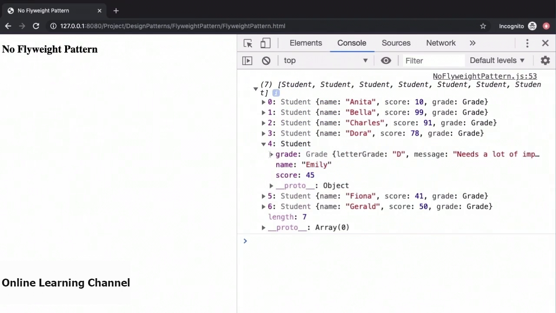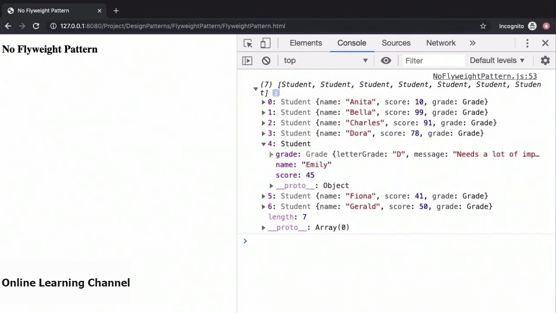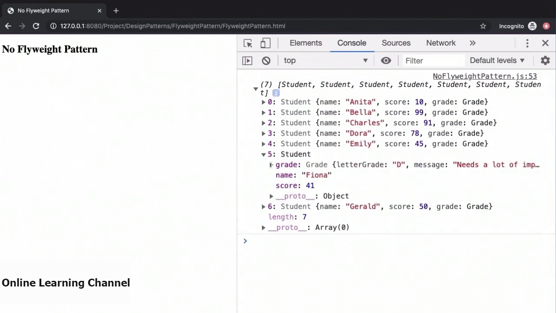This is the student Emily, who has scored just 45 and has the grade D. The random number associated with this grade object starts with 0.745. Keep this in mind while we look at other students that we have here in our list with the same